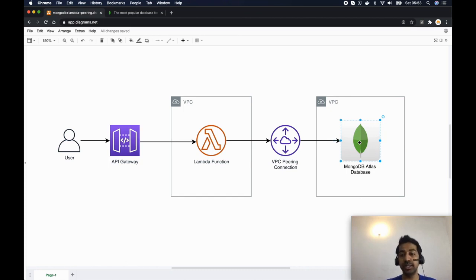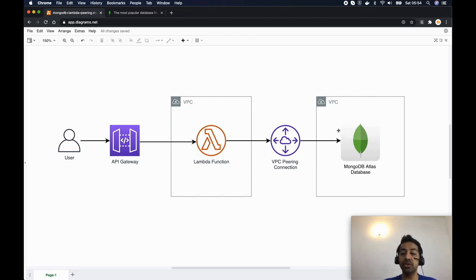So it is offered as a managed service. So we don't really have to worry about the scaling aspects. MongoDB will handle it, but all the infrastructure will be in the AWS VPC that is managed by MongoDB. So that's what this VPC around MongoDB represents.